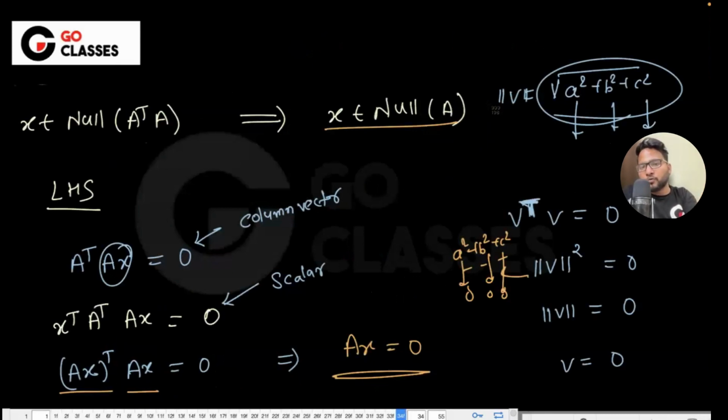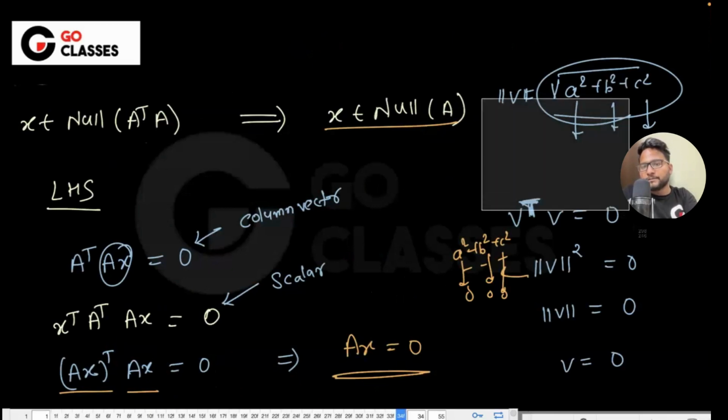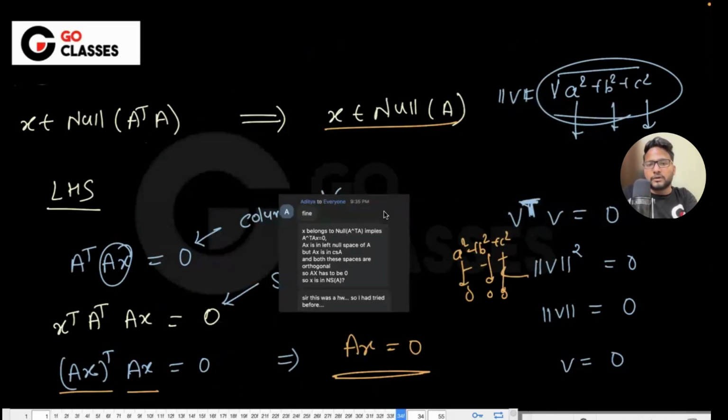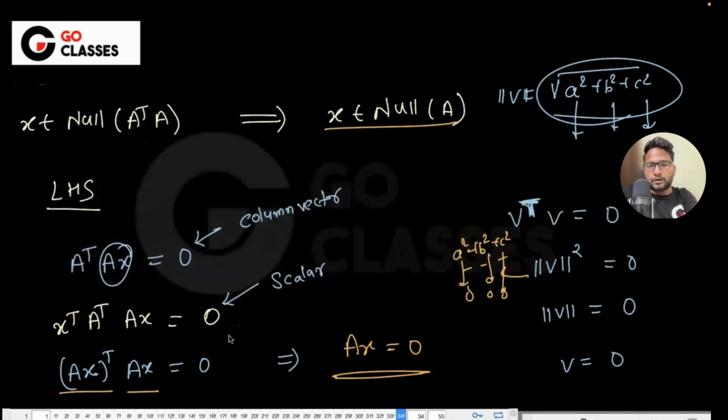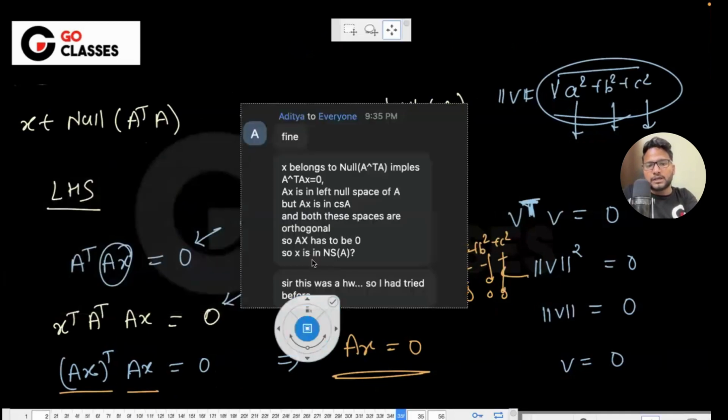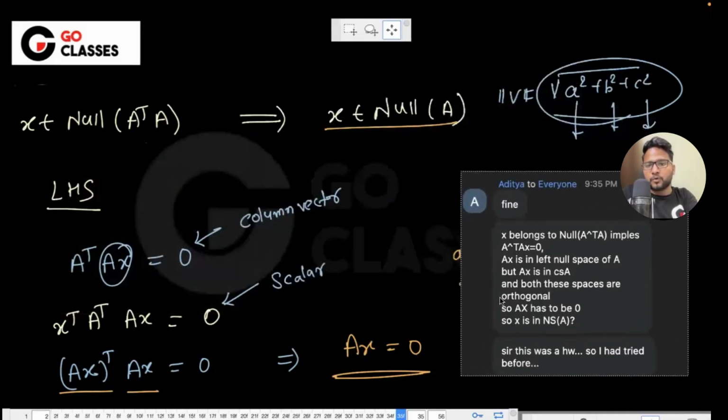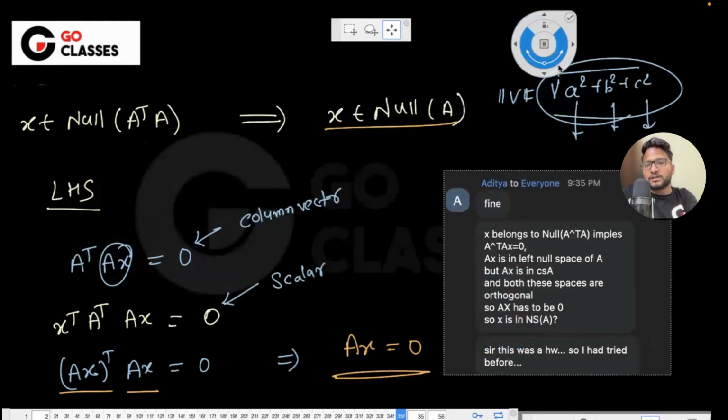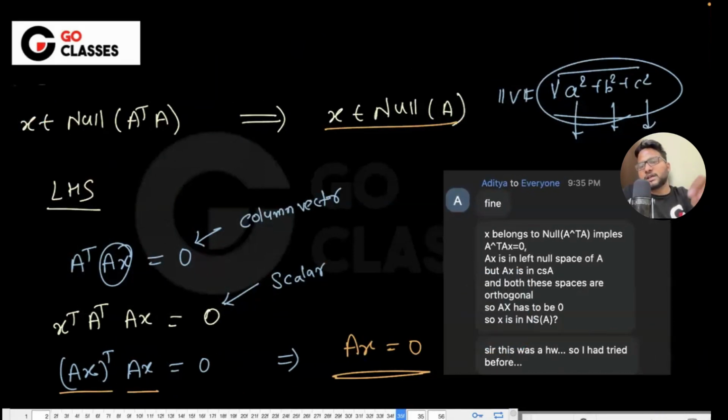Aditya has written some other proof, which is also very, very nice. Actually, in one of the homework, we have given this as a proof. So Aditya has written a very nice proof, some other proof. If you want, you can try to understand this proof also, right? What he is saying is that since Sx belongs to the null space of this, which means this,